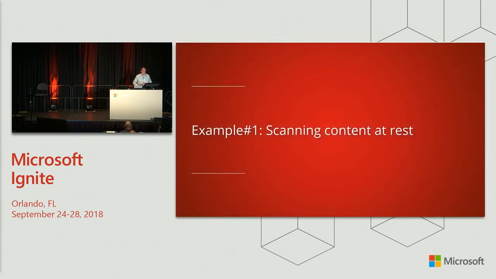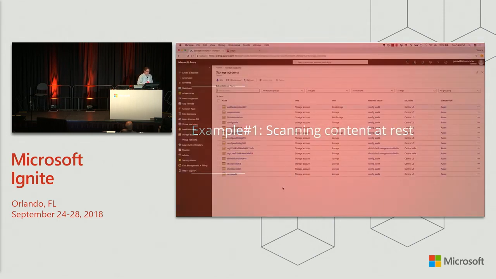So the first one we're going to talk about is examining content at rest. So this would be an example where I've just turned on the security policies. I've got data in my blob storage. I need to look at that. So I want to look at any legacy data I have, or over time as I add or change policies, I want to be able to go back and retroactively look at the data that's stored out in all of my blobs. So that's the first use case we're going to look at here. And in this one,